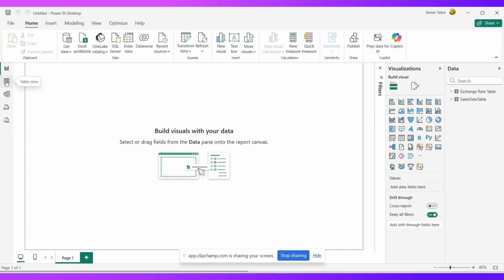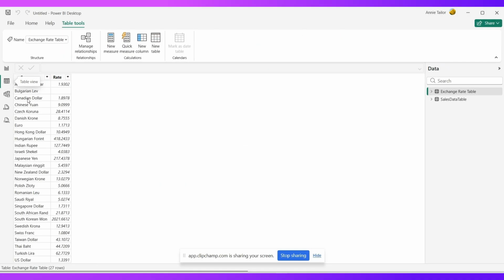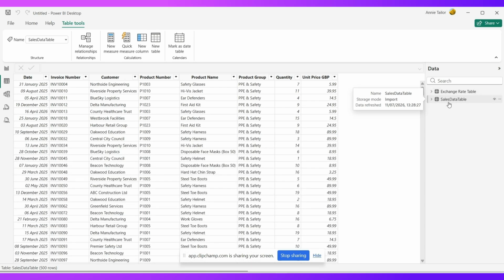So can you see, if I go back into this table view, this is what my currency table, exchange rate table, looks like now. And if I look down the right hand side, this is what my sales data table looks like. I would like to add some extra columns into the sales data table. One of them is I want to calculate the total cost of each order in GBP. So I just basically want to multiply the quantity by the unit price to work out the total price for each line of sales. I'm going to go to an option called New Column,